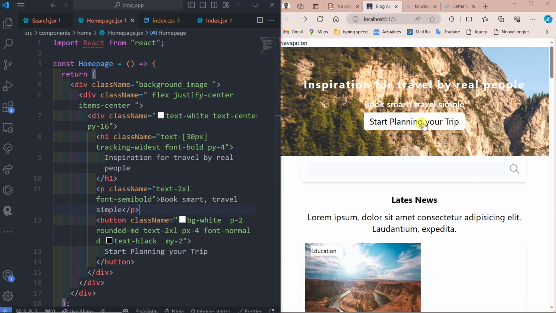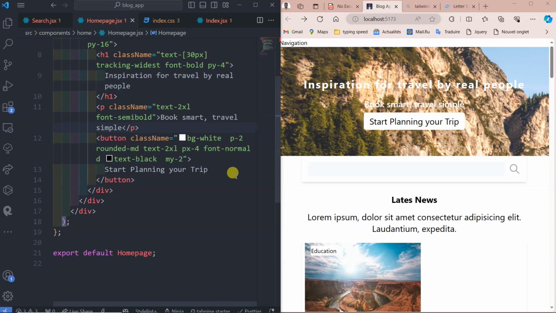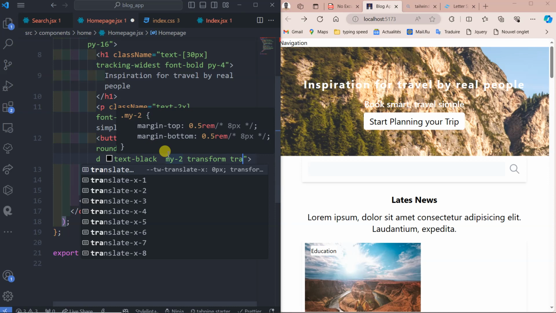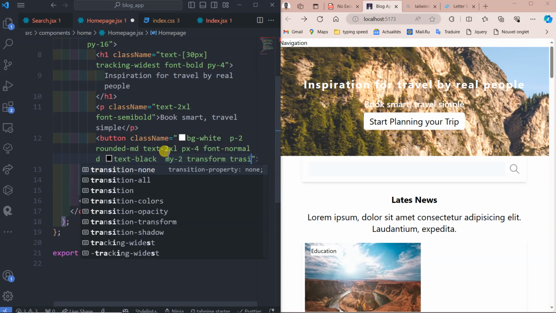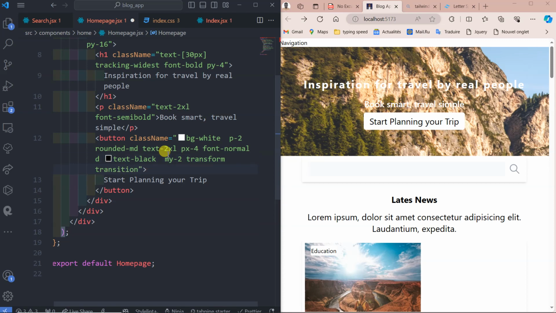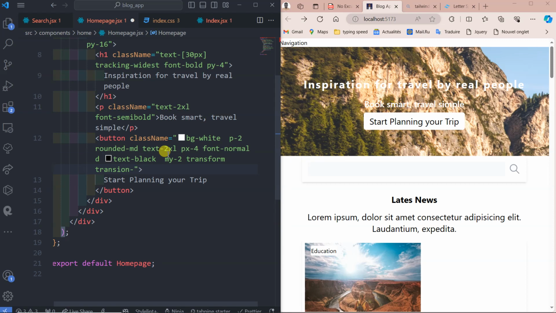Let's add some hover. When we just bring our cursor here, let it try to make some animation. So the button is here, class name there. First of all, let's start with the transition. Here first we need to transform them. Transform. Okay, have transform, have transition to all of them. Transition dash all,